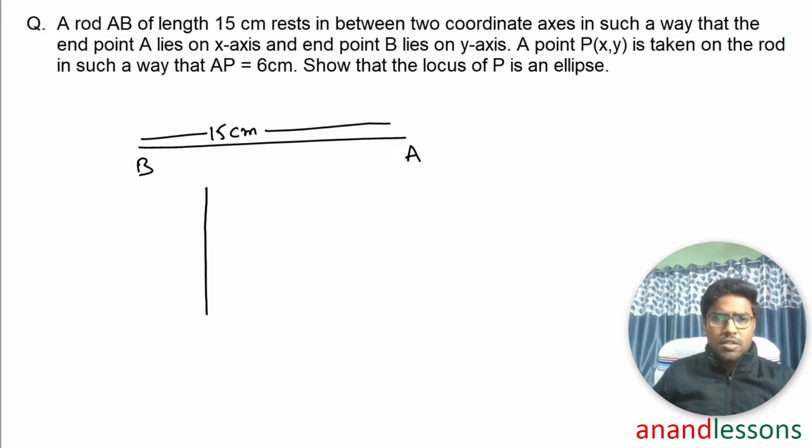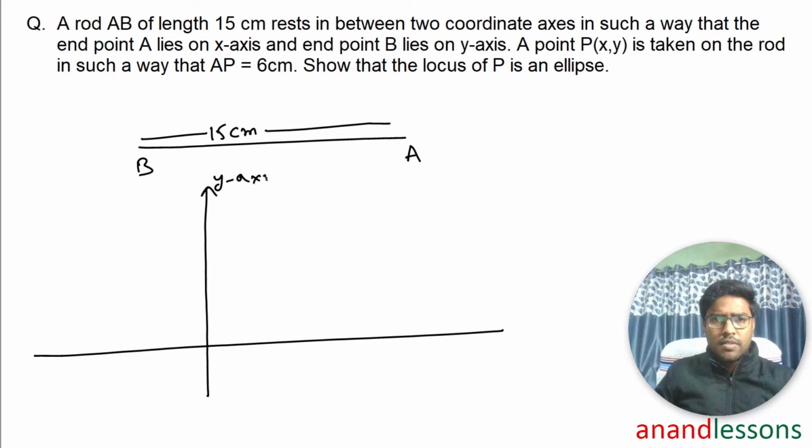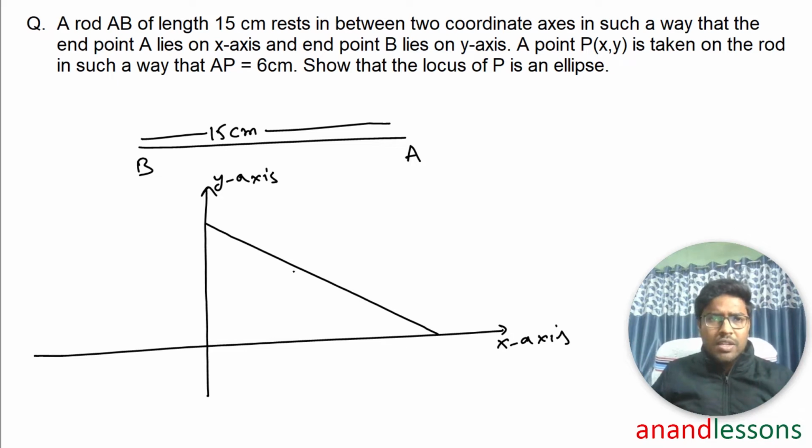So let this be y-axis and let this be x-axis. Okay, so y-axis and x-axis, and this rod AB is lying in between these axes in such a way that A lies on the x-axis. The end point A lies on the x-axis and the end point B lies on the y-axis always. Whatever the situation may be, if it is lying in the first quadrant, A will also always touch